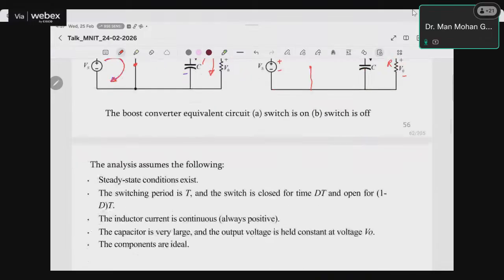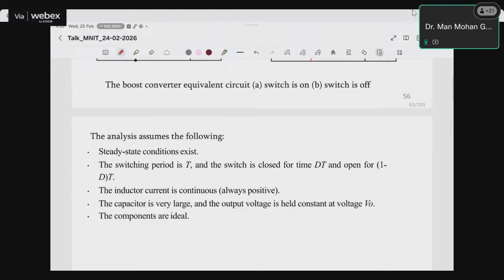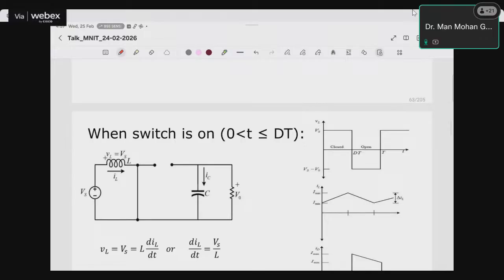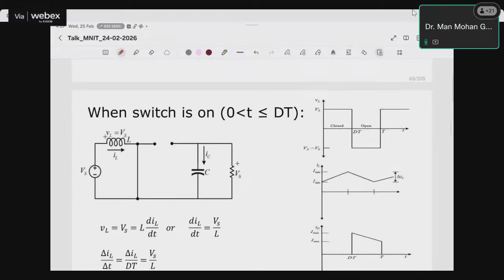Okay, well, so these are just the assumptions which we take, steady state conditions and all those assumptions. I'm not going to repeat this. Now let us see how the equations follow. So in the boost converter,